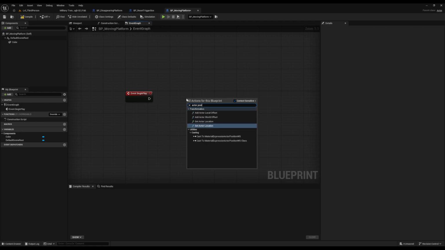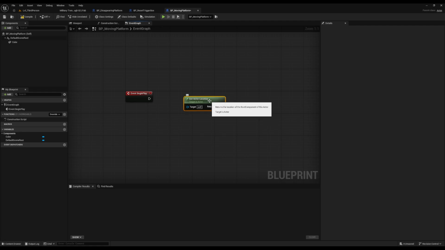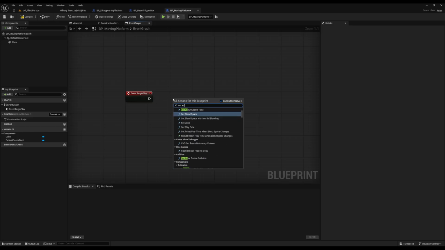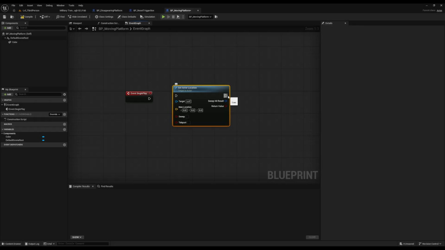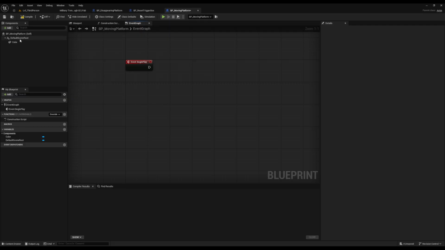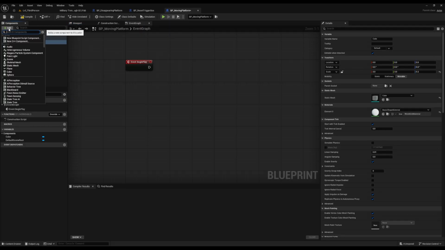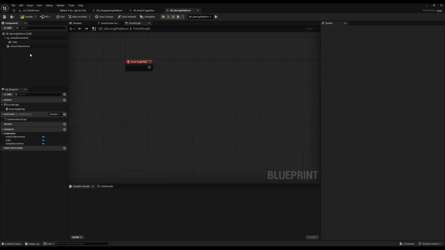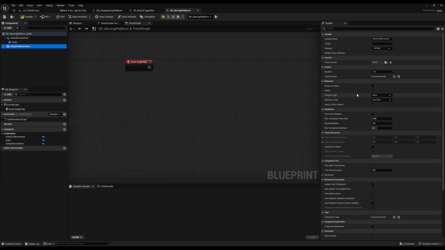And so there's other ways, like we could get into this code here, event graph, event begin play, actor position, set actor location, or get actor location, right? And then we can tween to the other location and whatnot. But there's this nice little quick code on our cube, interp to movement, right? And that duration,